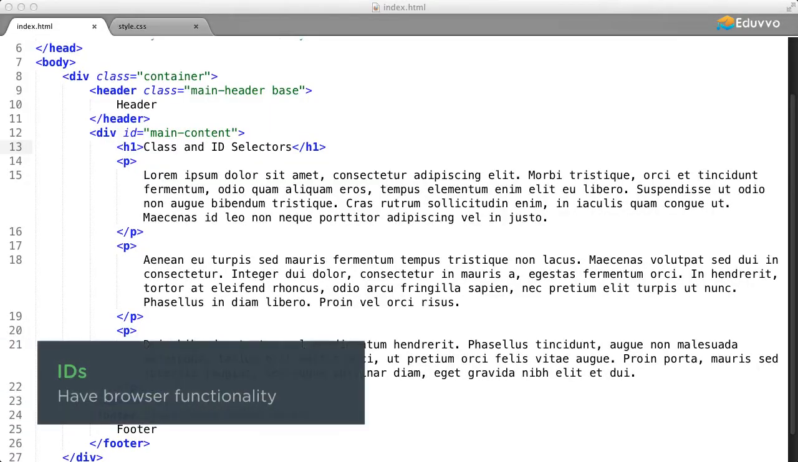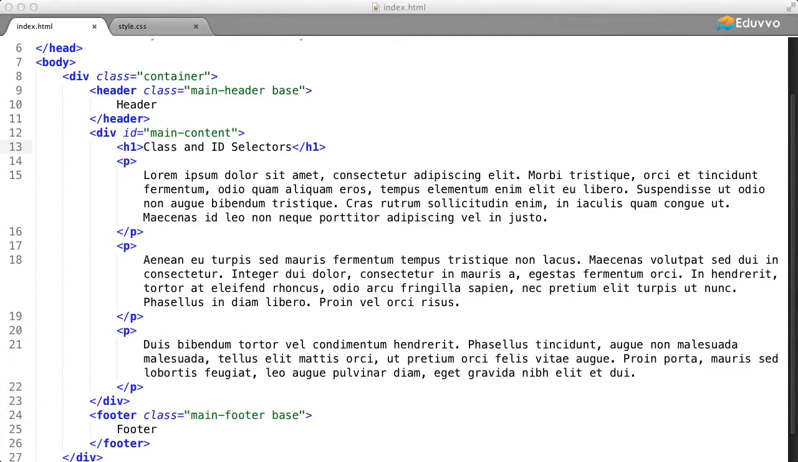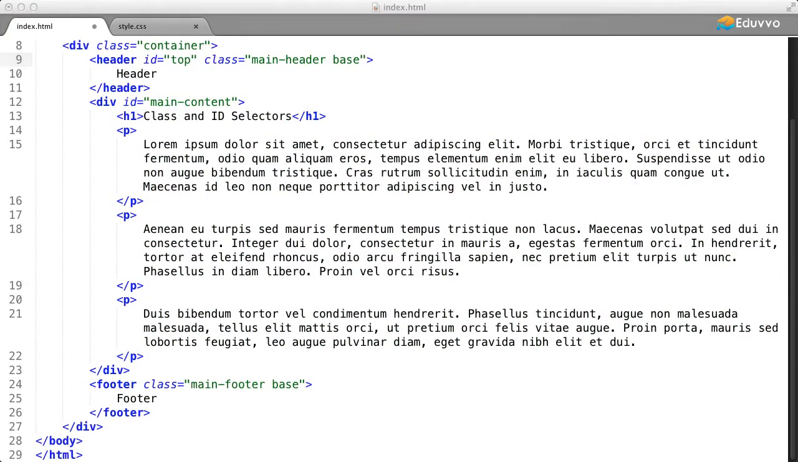IDs also have browser functionality. They can be used as what are called fragment identifiers for creating landmarks or anchors in pages. I'll show you what I mean. So if we give the header at the top of our page here an ID attribute and the value top, then at the very bottom of the page, we'll go ahead and add a link,